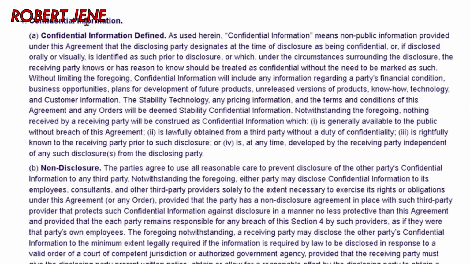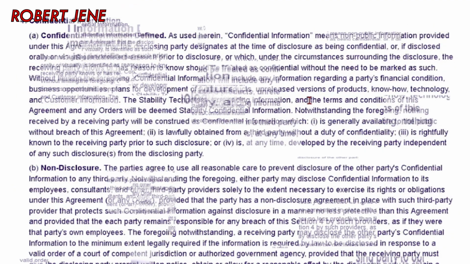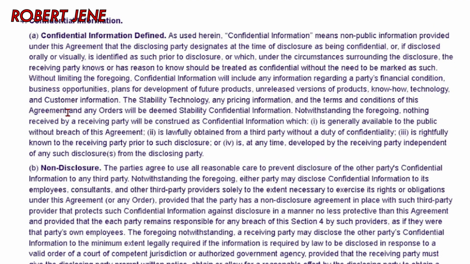All right, confidential information and non-disclosure. As used herein, confidential information means non-public information provided under this orally or visually is identified as such prior to disclosure, or which under the circumstances surrounding the disclosure, the pricing information, and the terms and conditions of this agreement, and any orders will be deemed Stability confidential information. All right, so